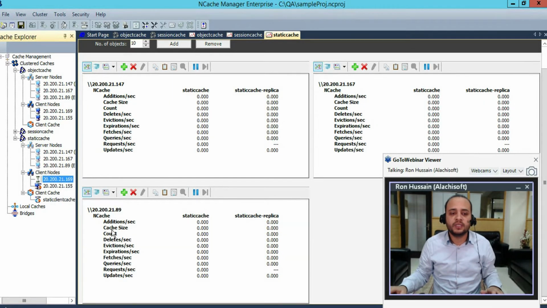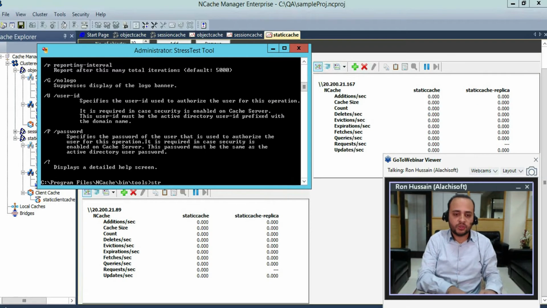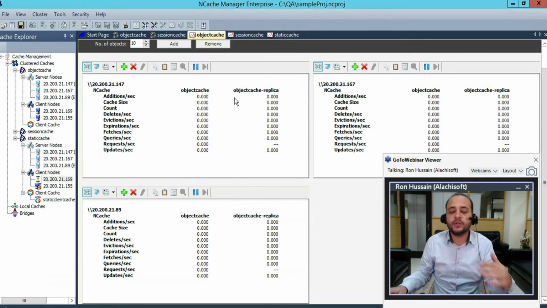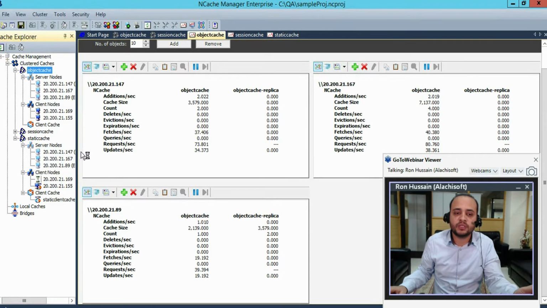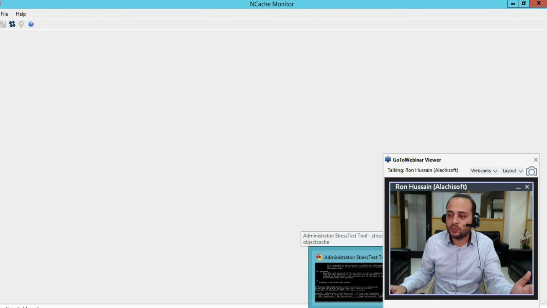There you go. I just need to run a stress testing tool application which comes installed with NCache, and run it for object cache, and now you would see the activity coming for object cache from this client. There you go. Now all servers are getting hits. I'm going to open monitor cluster for this as well, just for the sake of demonstration, and then I'll take you to one other client,